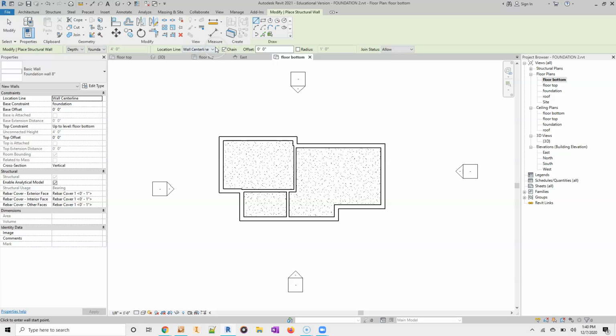Now, notice this, it says wall center line. We want to make sure that it says finish face exterior. This is why it's really important when you're placing your walls for the outside. Make sure the brick is on the outside before you do this. So we're going to choose the finish face, and now we're going to use the line tool and just trace